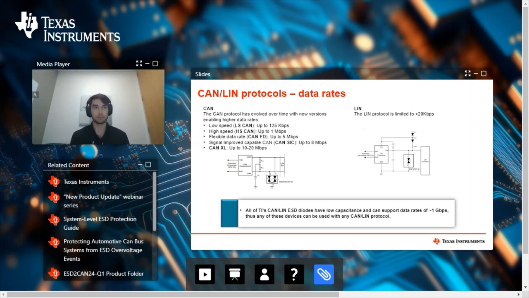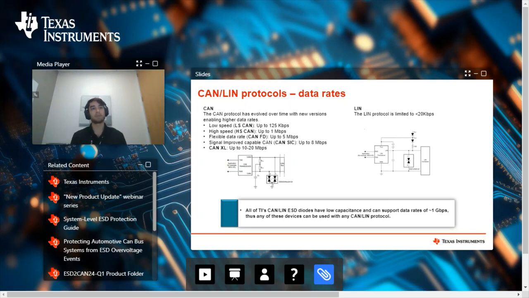And moving on to the signal voltages of these interfaces, the CAN data lines are low voltage. However, in vehicles, there is a common mode voltage present on the bus that is dependent on the battery voltage. This will require a diode with a higher working voltage to avoid the diode breaking down during normal operation. And the LIN data lines are going to range from 9 to 18 volts. But again, there's a common mode voltage present on the bus due to battery voltage. And this is, again, going to require a diode with a higher working voltage.